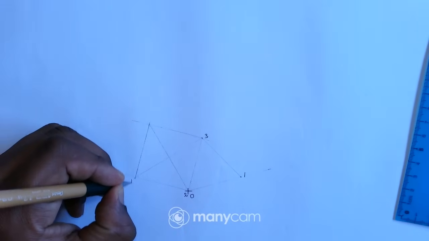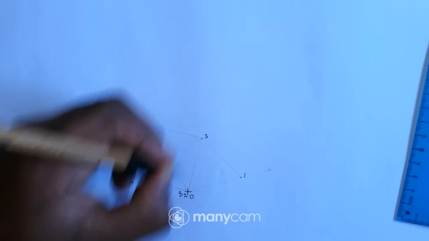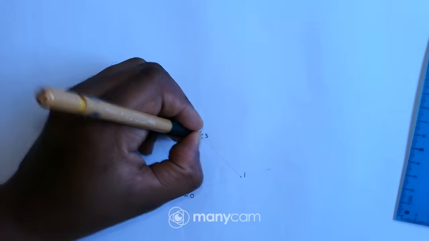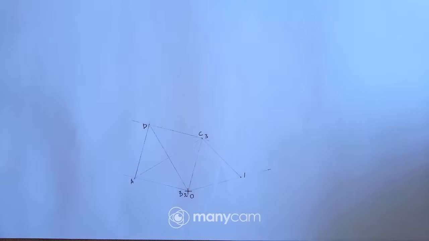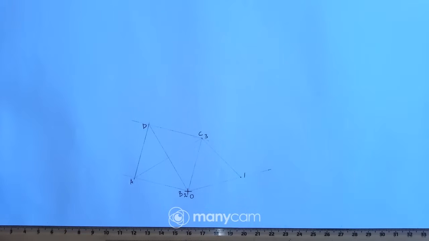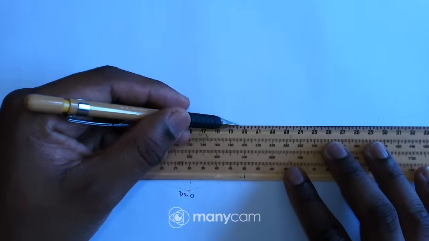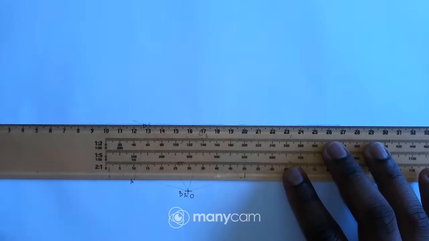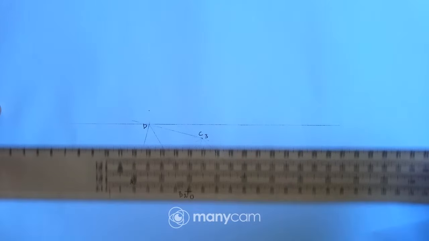I'll move to our square there. So I can say this is point A, this is B, this is C, and D, right? Okay, so now I'll proceed with my drawing. So I'll just draw a line from that point, and then I'll just measure 10 millimeters going up